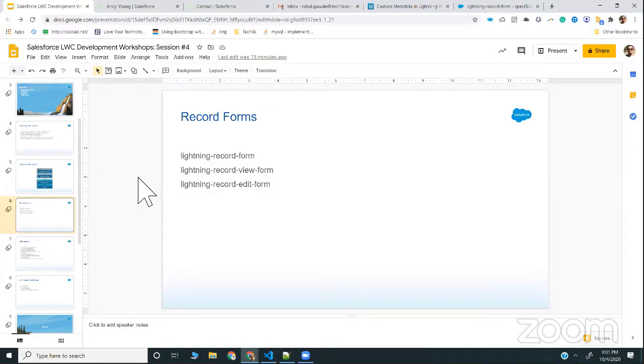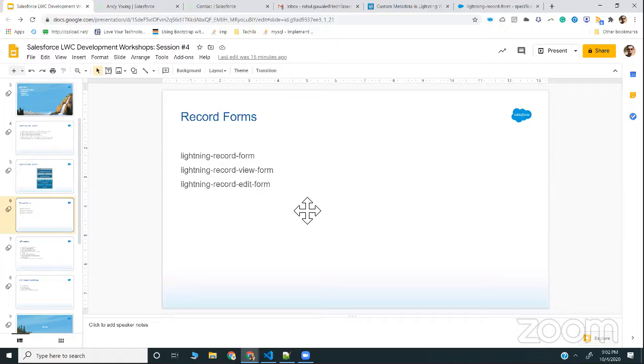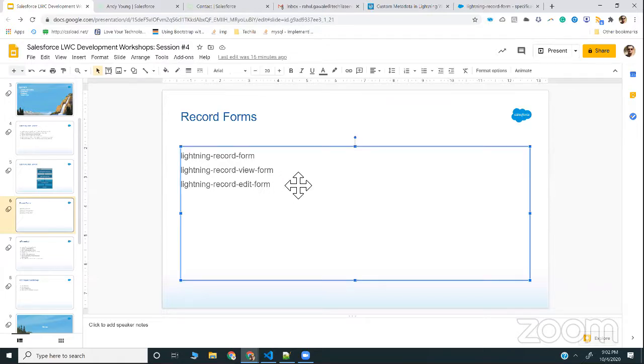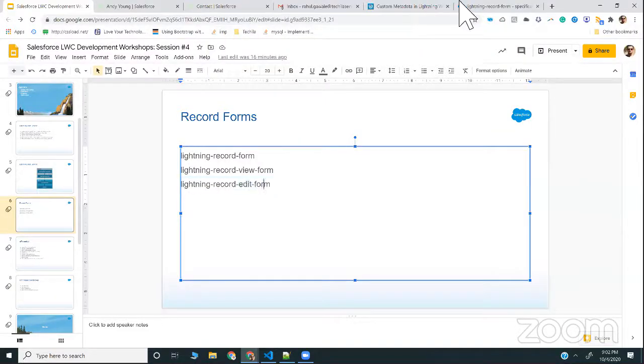You don't have that much flexibility to change the order of fields and the layout in a record form. So for that, we have two different forms, which are record view form and record edit form. The record view form is very simple, so I'm going to skip that and we'll see the record edit form. But before that,